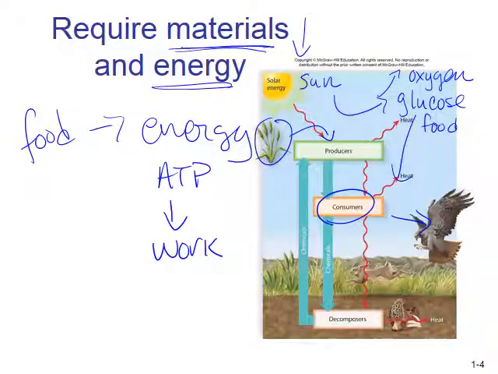So think of a carrot in the ground or a potato or whatever. And those consumers are going to ingest that food. They could also ingest meat, right? So you see the hawk trying to get the rabbit here. And so these are consumers, and they're, again, consuming food and breaking it down to produce the energy necessary for them to work or live.